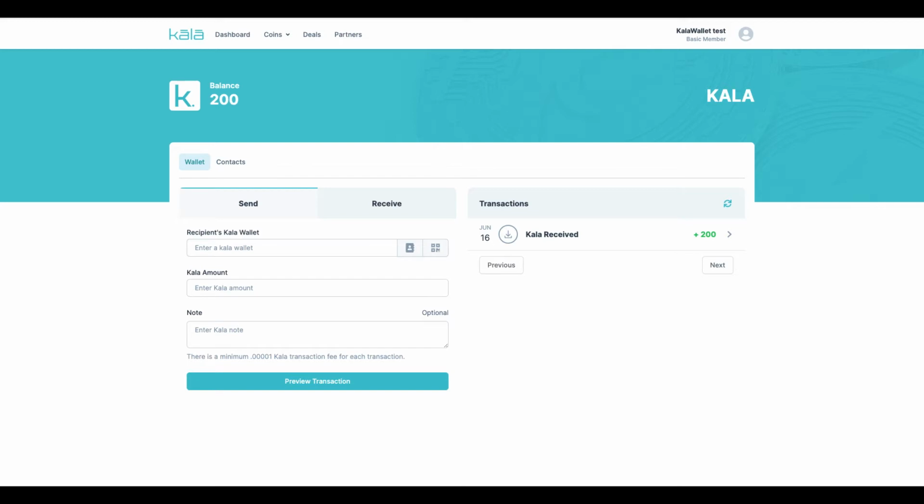To send our Kala, we will need to fill in the following fields: the recipient's Kala Wallet address. We will enter the wallet address now. Please be aware that we do not suggest that you type in each character individually. Like in all cryptocurrency, the address must be entered exactly. Copying the address to your device's clipboard and then pasting the address in the recipient field is what we suggest